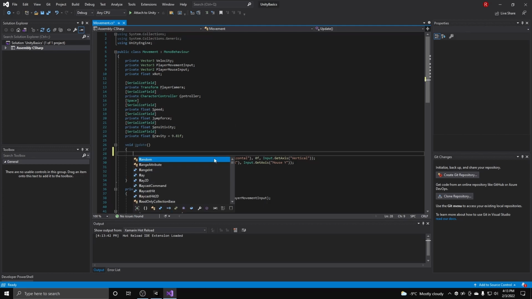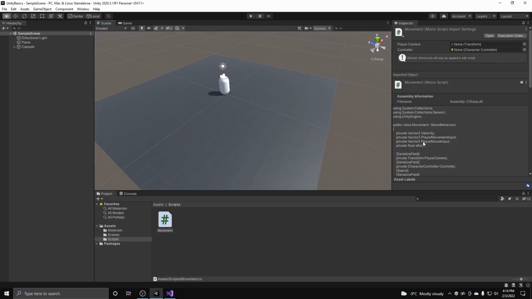So yeah, pretty simple. That is really all there is to this video. Just a quick video for beginners out there. Some people do still have trouble with this, and it could be because they installed Visual Studio separately from Unity,